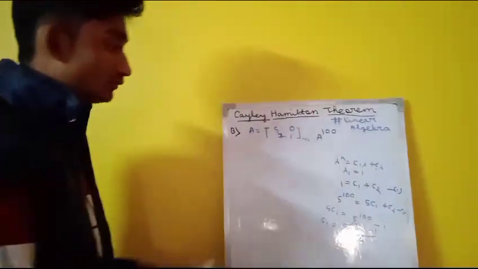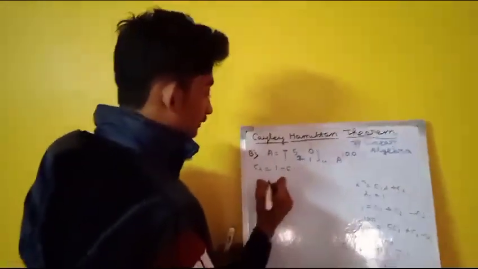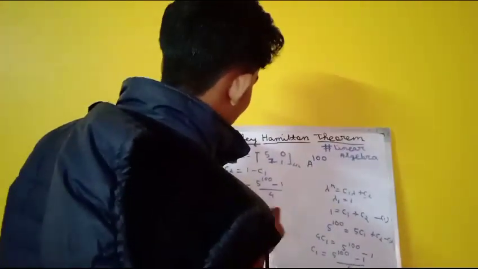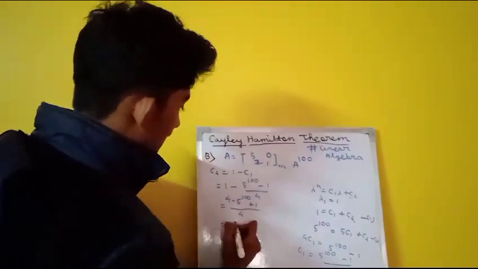Now that we have calculated c1, c2 is 1 minus c1. That means 1 minus (5 power 100 minus 1) by 4, which is (4 minus 5 power 100 plus 1) by 4, that means 5 minus